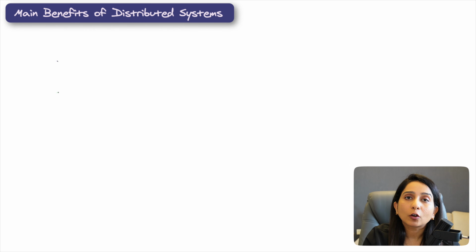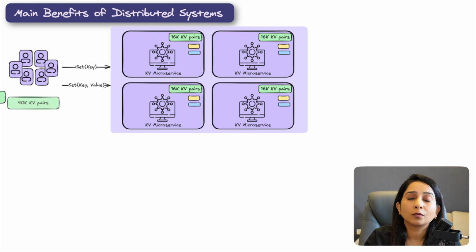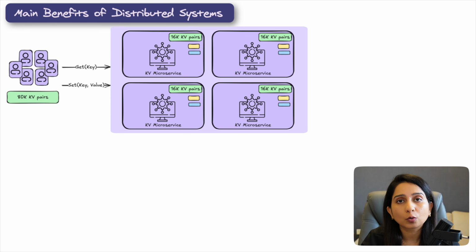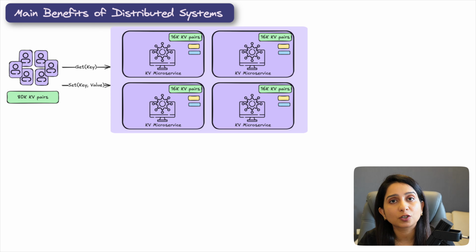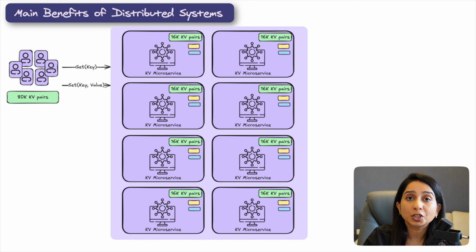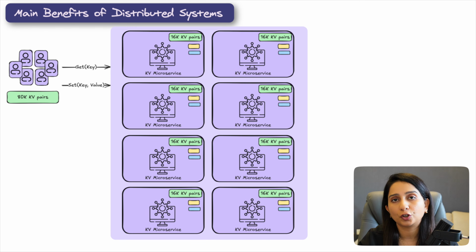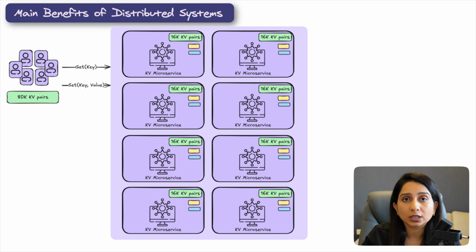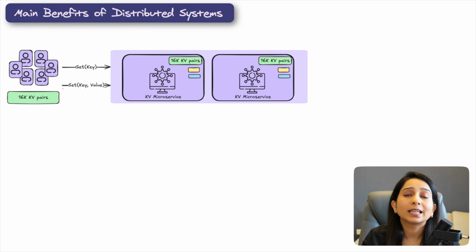As you can see, the benefit of this kind of system is that as your volume of data grows, or the volume of your reads or writes grows, or your user base just increases, you can easily introduce more machines or more nodes into this system, and you can scale your systems. Let's say the requirement grows to 10 million users, and they want to set more keys, or read more keys, or just store more keys, you can easily introduce more machines into the system and handle the scale. At the same time, if the scale reduces, or let's say your system was operating in multiple different cities and one city closes, you had partitioned data for that particular city, you can easily close it and scale your system back down, and it helps with costs as well.